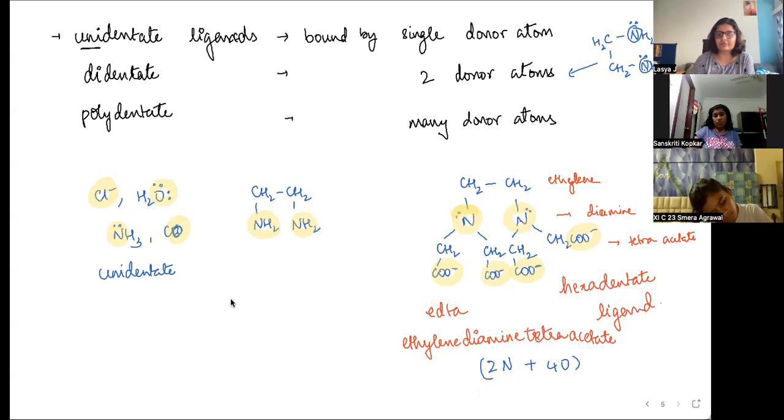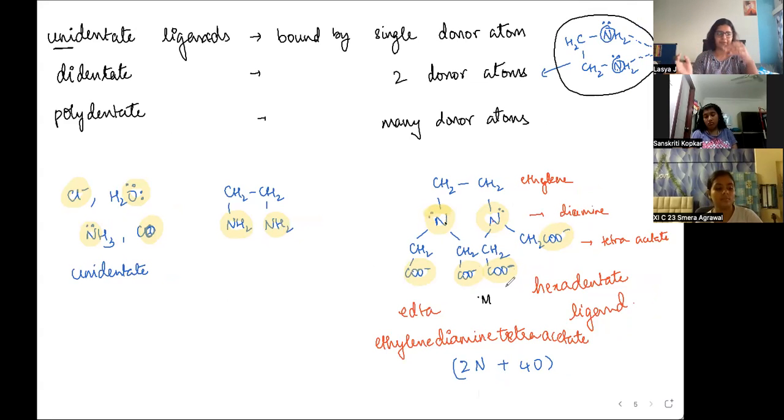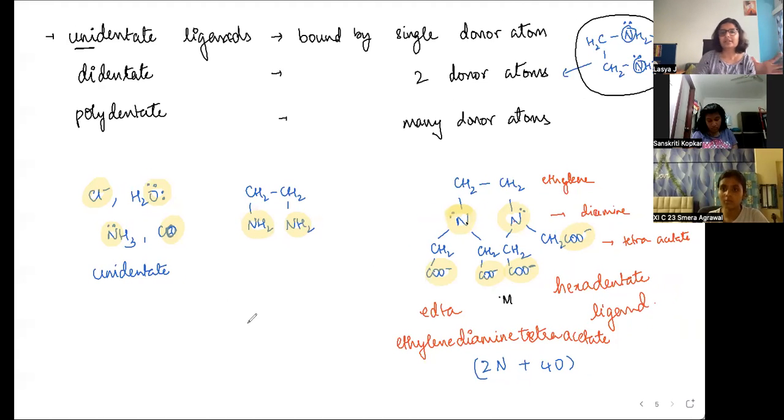Now, from this, we get another term, a special case whenever you have a didentate or polydentate. Like in this example, you kind of see a loopy structure, right? If you have the same metal atom being bonded to nitrogen and the acetate groups, it's kind of like a bridge. Can I call it a bridge? No. So it's like a loopy kind of structure. You get ring structures. So that phenomenon is called chelation.